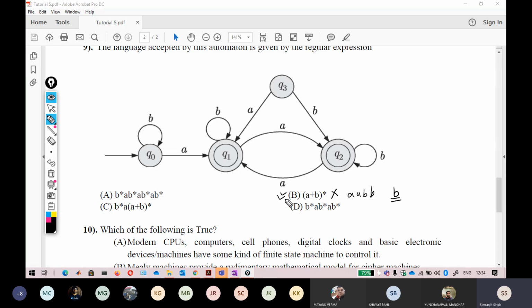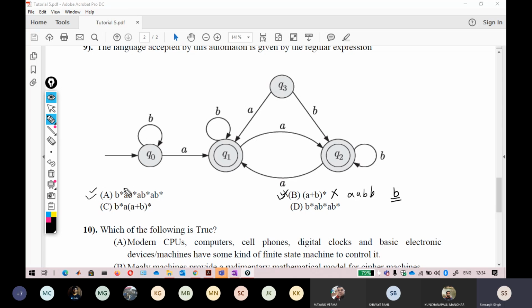Okay, so I cannot say option B is here. So you just have a possibility of A, C, D. Just try it yourself, giving it strings. Okay, so A looks most suitable because of how they have designed the regular expression.